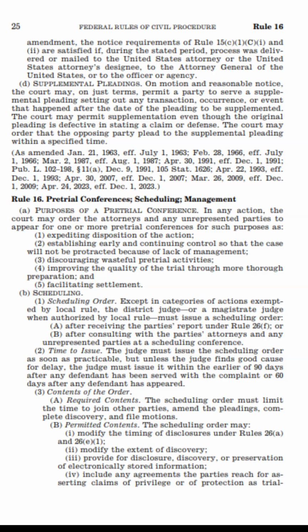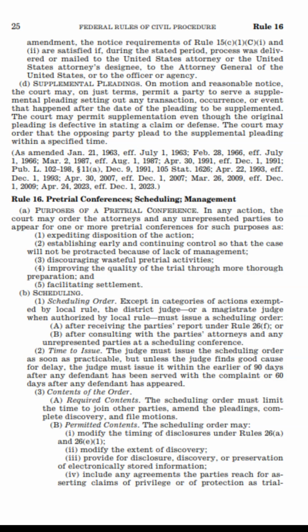3. Contents of the order. A. Required contents. The scheduling order must limit the time to join other parties, amend the pleadings, complete discovery, and file motions. B. Permitted contents. The scheduling order may: